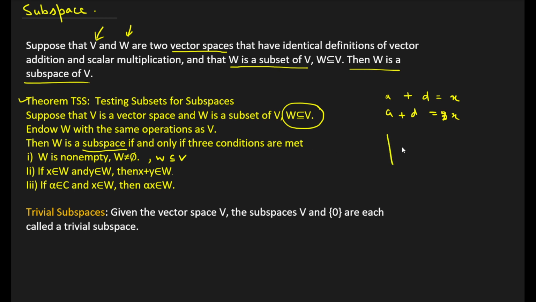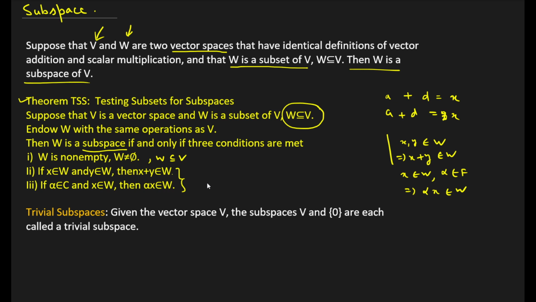So the first condition of a vector space was this: if we take 2 elements from W and add them, then the result will again be in W. And another condition was: if we multiply 1 element from W and 1 element from the field, the result must be in W. Only 2 conditions. So if you still remember the definition, we are talking about the first 2 conditions, closure property under addition and closure property under multiplication. If these 2 conditions are satisfied, then you say that W is a subspace